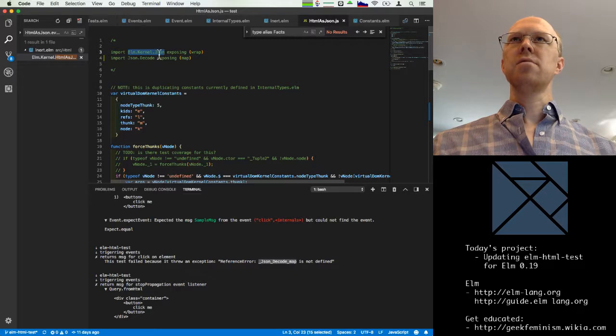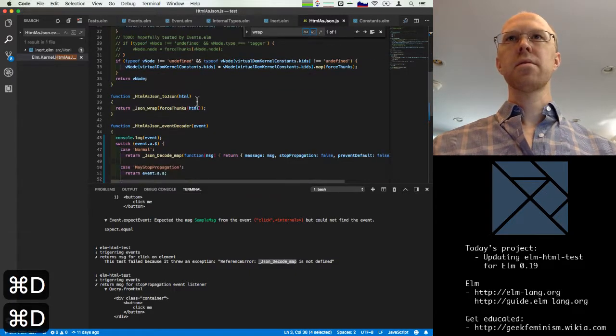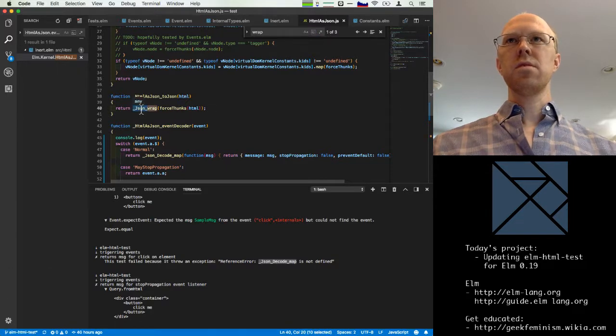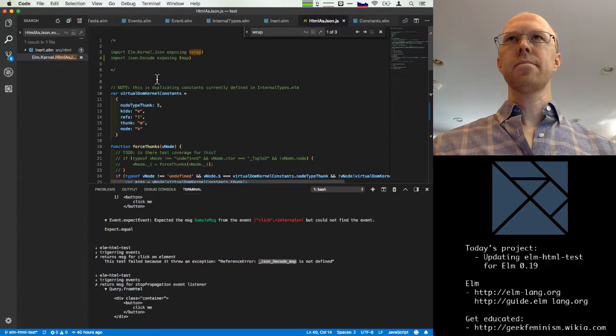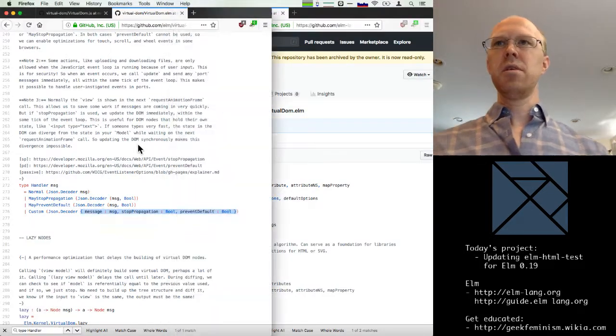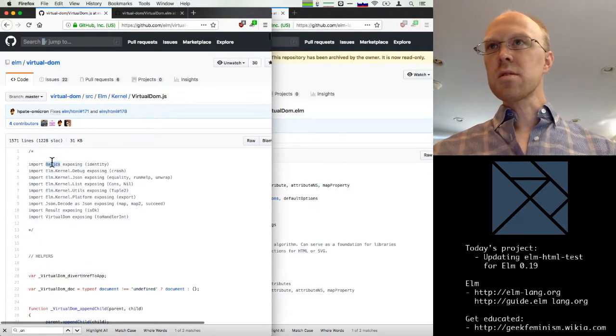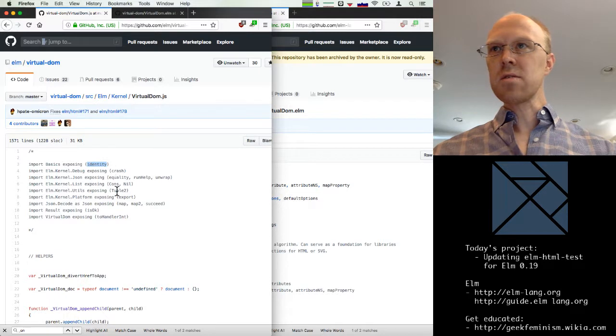I guess in the case of elm kernel JSON, let's see, how are we calling wrap? We're just calling it as JSON wrap. Okay. I need to refer to some other native code and see how this works. Okay, so here's basics. It's using identity or result. Let's look at, oh, actually here's JSON decode.